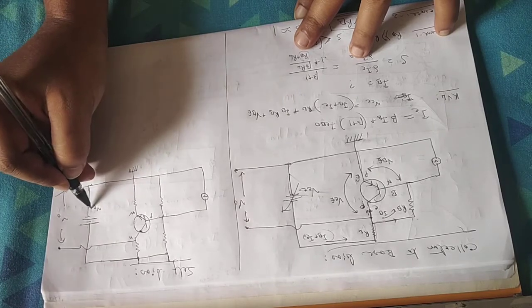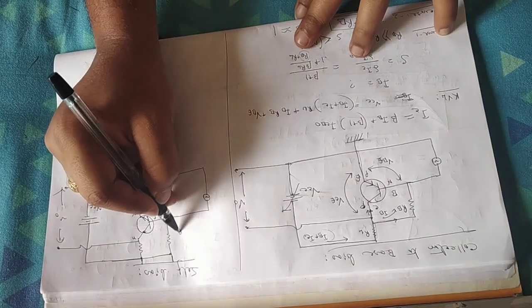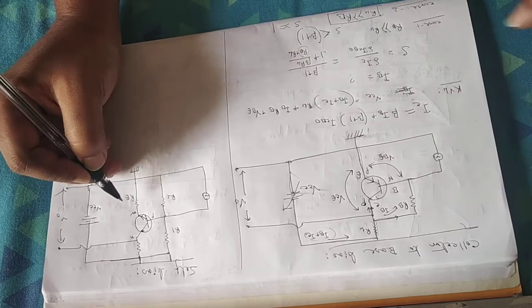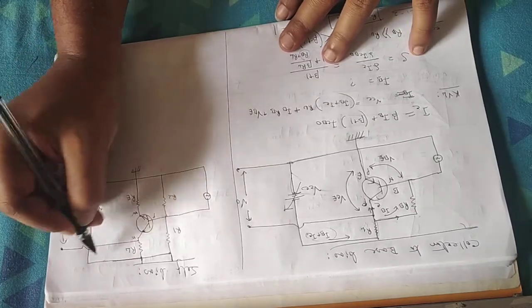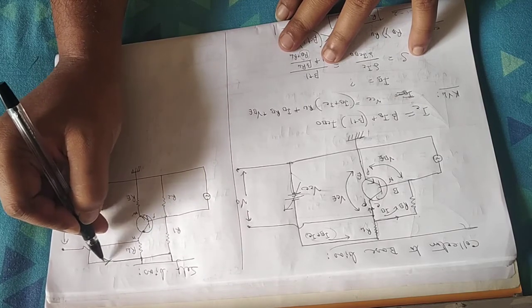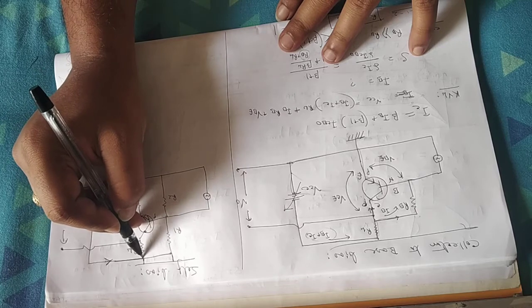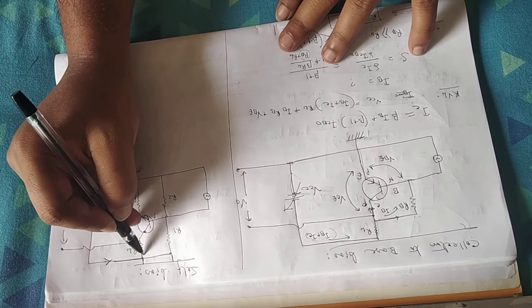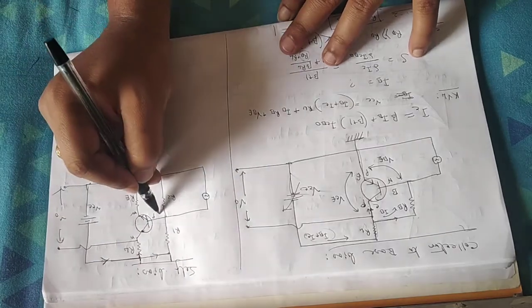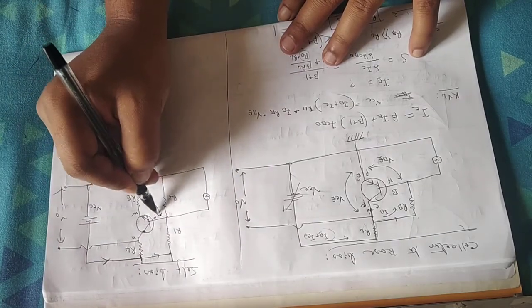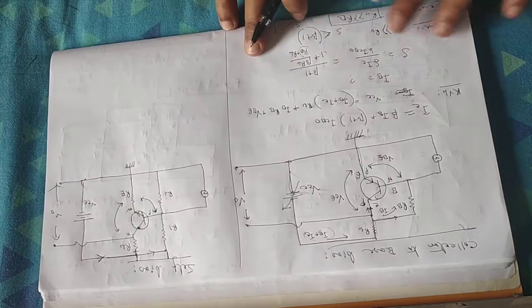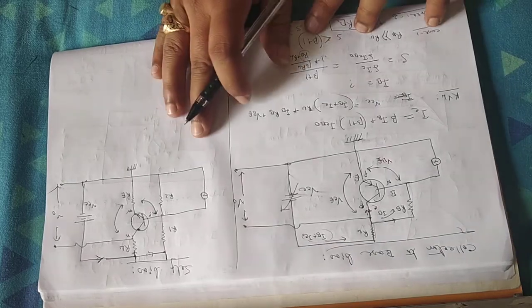So this is VCC. This resistance will be called R1, this resistance is R2, and this resistance is RE, and that resistance is RL, through which the current IB plus IC will flow. There will be a bypass. The current will be divided. Through this one IC current will flow, and through this one only the IB current will flow. The voltage drop across these 2 points is VBE. Voltage drop across these 2 points is VCE. But calculation with that circuit is a little difficult.